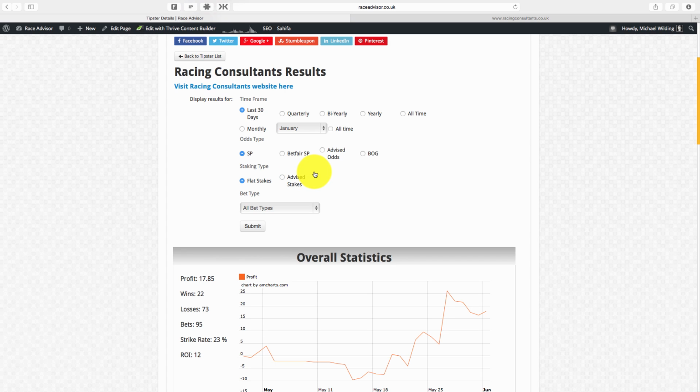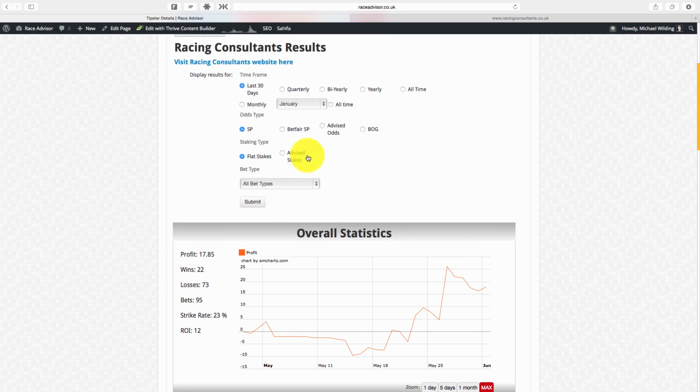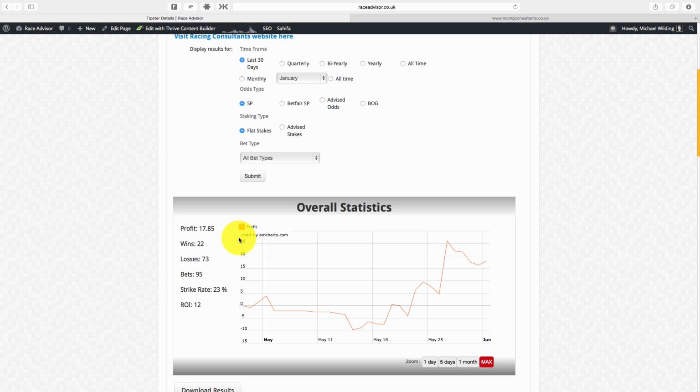Now, the last 30 days on this service has been doing very well. We can see that at the moment the settings are the last 30 days to SP odds and flat stakes, and that's the default setting on the Race Advisor. Why is that the default setting? It's because those are the settings that are the hardest to make the profit to. In fact, there's very few tipsters that make long-term profits to SP at flat stakes. It's very, very difficult,